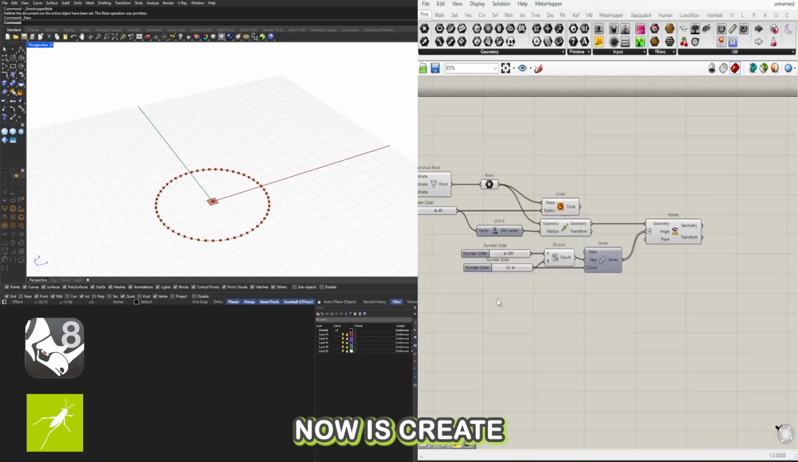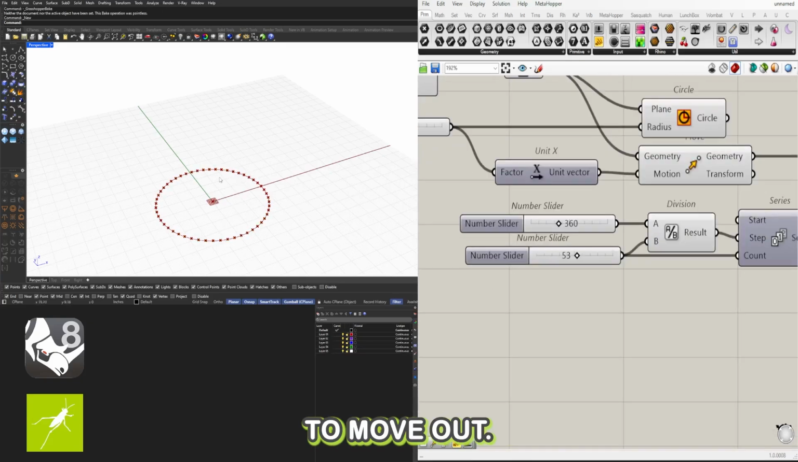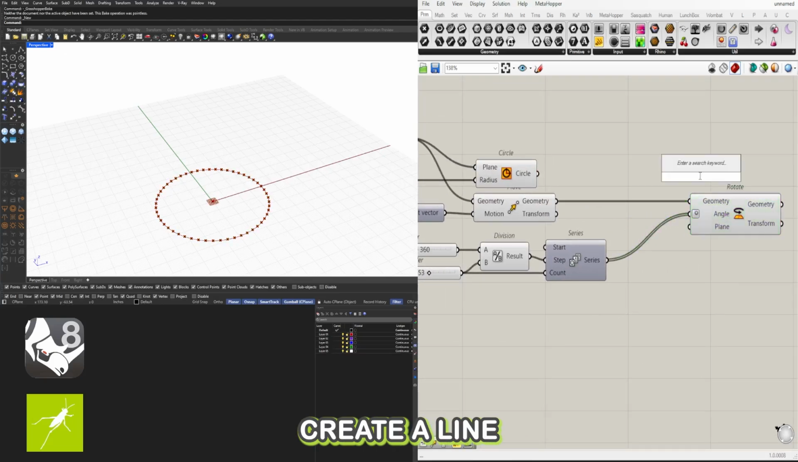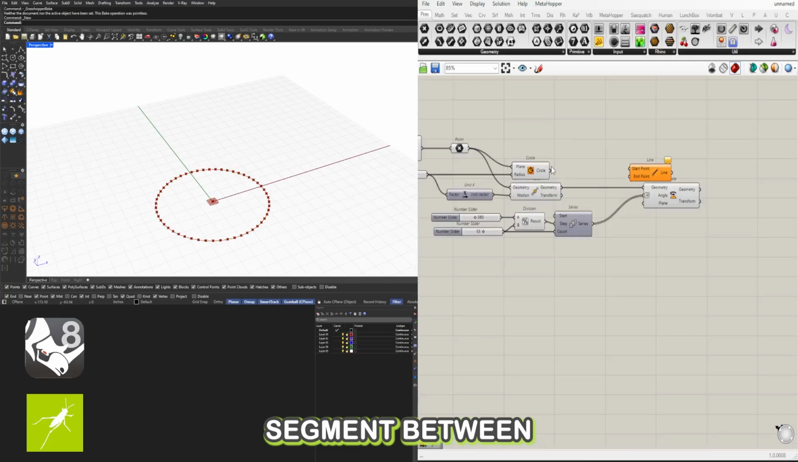Then what we need to do now is create the vector in which we're going to move out all of these points. So I'll create a line segment between the start point